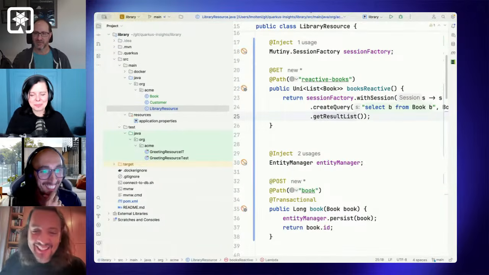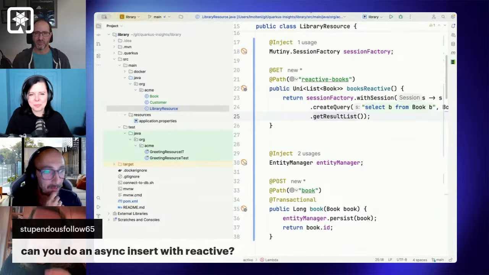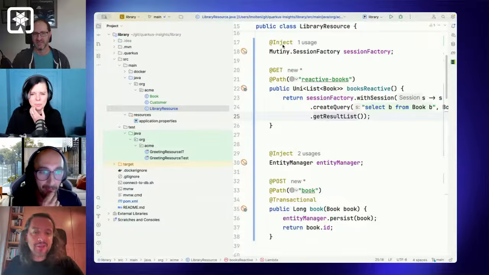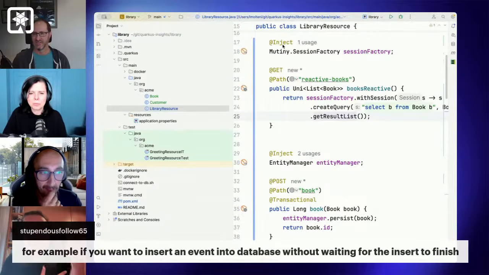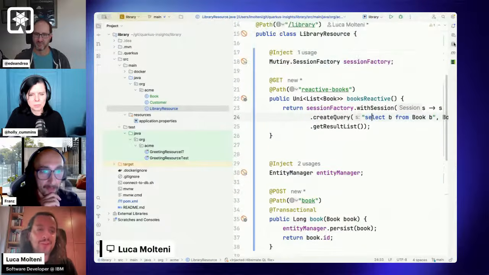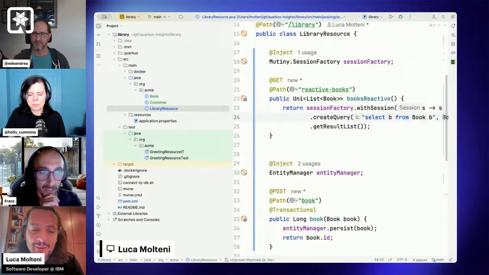Right. So I got a question here. Can you do async inserts? Like, for example, if you want to insert something into the database without waiting for the insert to finish. Yeah, sure. I didn't want to give the impression that Hibernate Reactive is just for fetching. It's just my demo that I'm using Hibernate Reactive for fetching. In fact, if you create, and of course now I don't have the class anymore. Anyway, with the Mutiny Session Factory, you have all kinds of